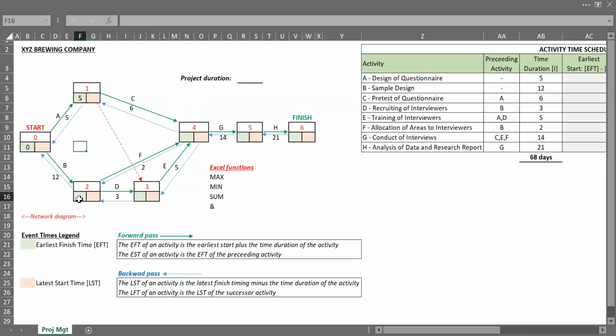Activity B also, it's the preceding plus the duration of the activity, which is 12. So it will take us 12 days to complete activity B. So for activity C,